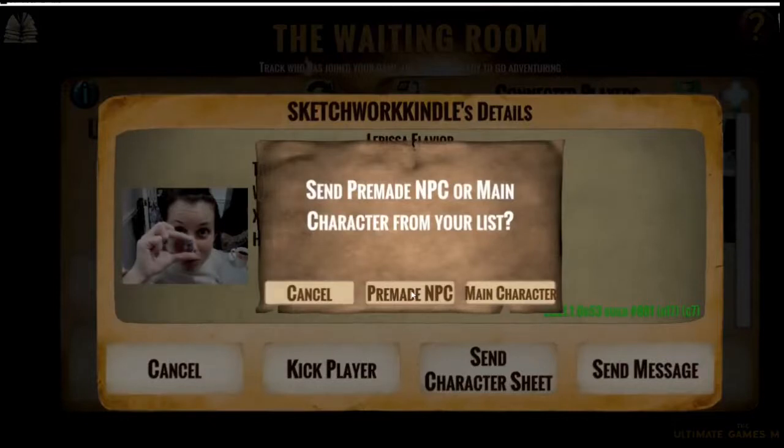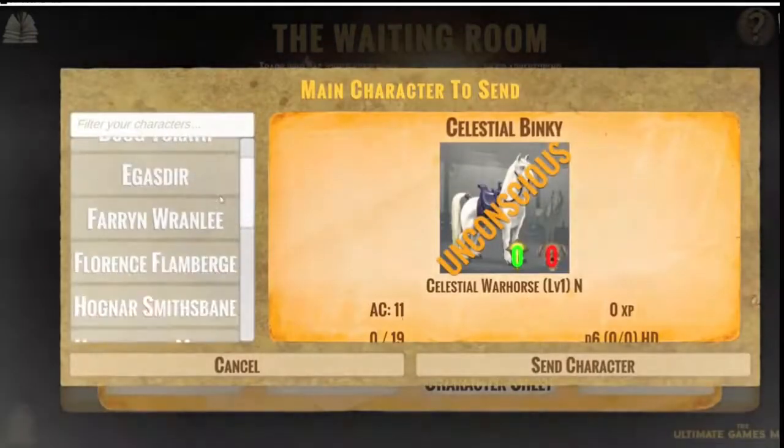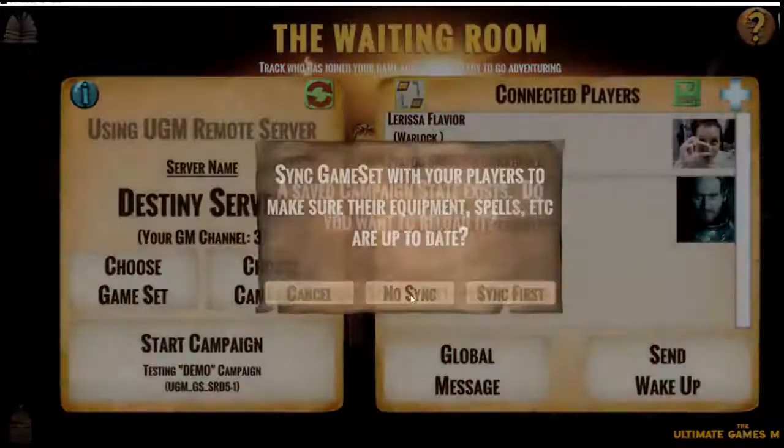So if you've created an adventure that you want to distribute to people, you might have created some base characters for that adventure. You can send that from there, or you can send the main character, in which case you just send whichever one you want to, and then that'll appear for that character to use on their device. It's quite useful. So if I just now start this,